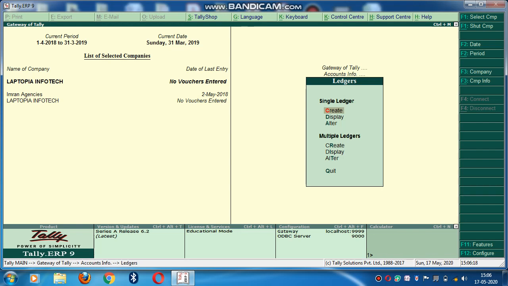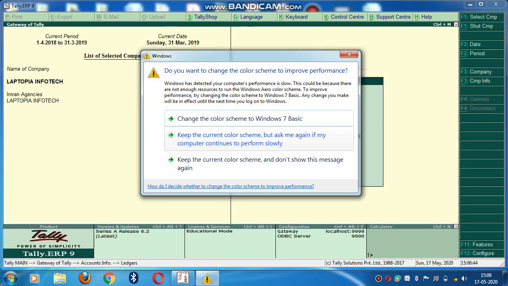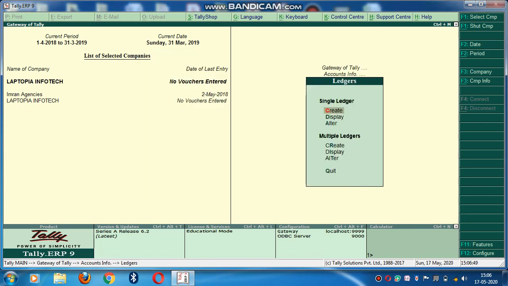With multiple ledgers, you can create 10, 20, 50, several ledgers at one time, in one shot. If you know how many ledgers you have to create at a time, you can select multiple ledgers. But if you have to create ledgers from time to time, day by day, when the requirement comes, then you can create ledgers in single ledger mode.